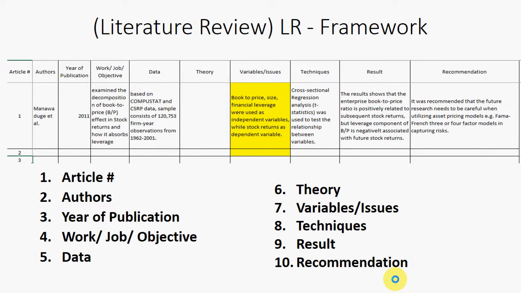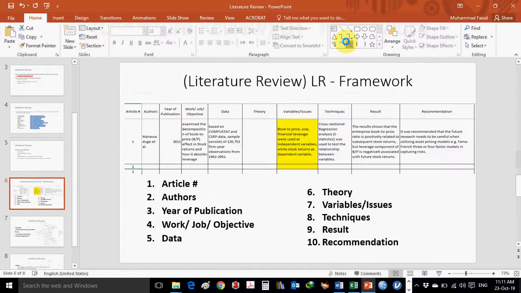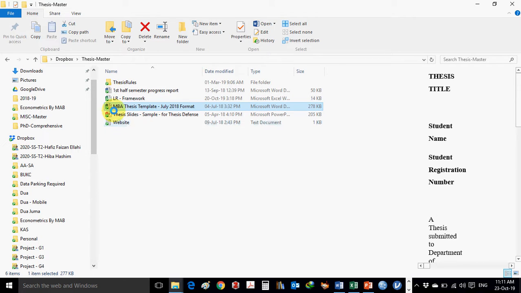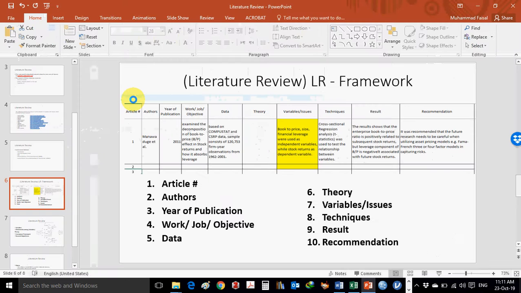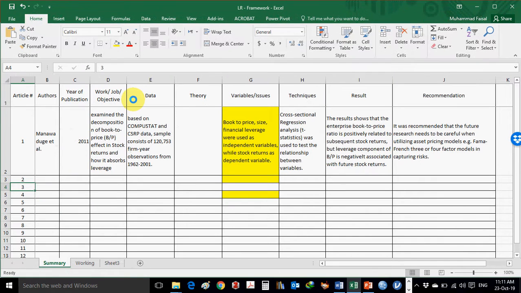Okay. The first thing, after downloading, you're going to read each article. Okay. And you're going to prepare this literature review framework. Okay. I'll be sharing a folder in Dropbox. Okay. And in that Dropbox folder you can find this LR framework. Just click, open it, and you'll have it in front of you. So after reading the paper, okay, you'll be summarizing the information here: